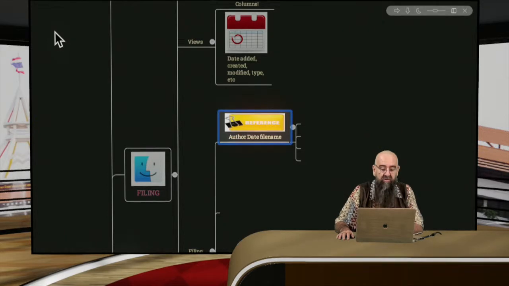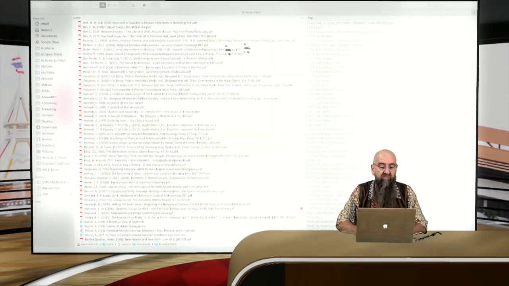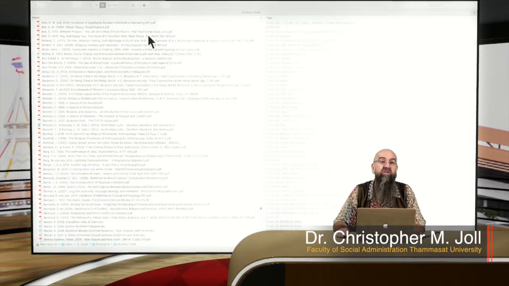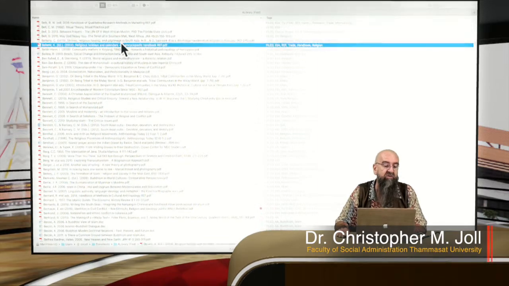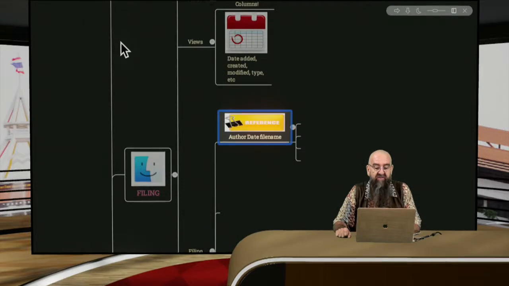Okay, so let's go to my academic library. I go here and I go academic library. So what I want you to do is look at this and make some observations. I don't know whether you can see that, and you'll just have to come closer to the screen if you cannot. But you will notice something. You will notice that what I have done when I file things, I name absolutely every